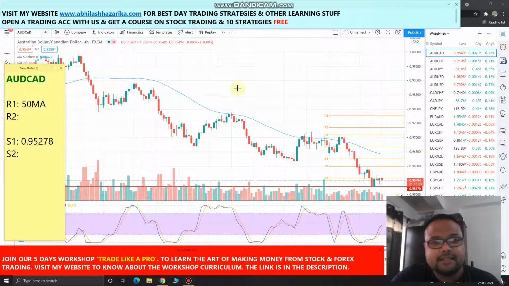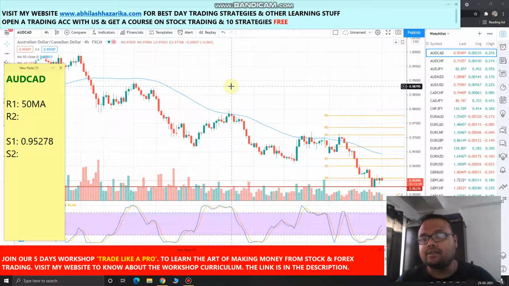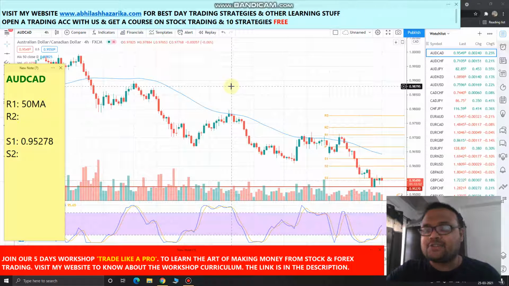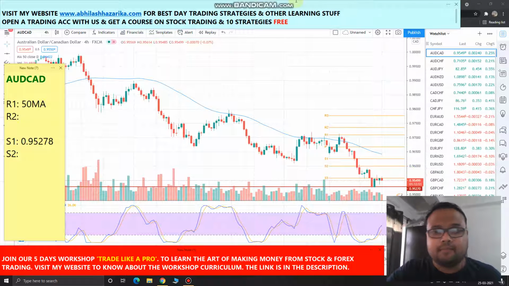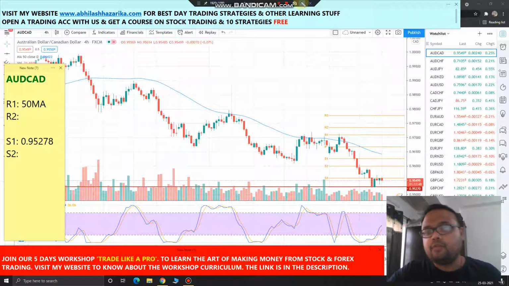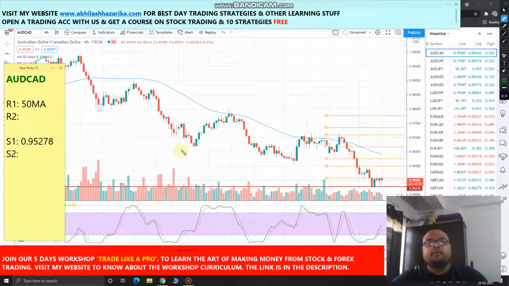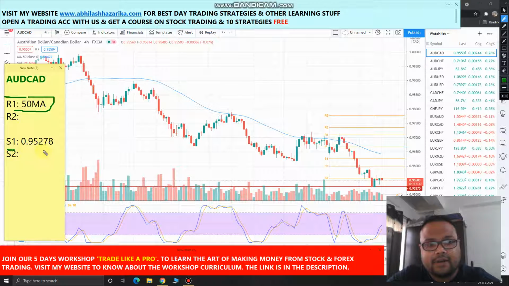So we can see that this is the chart of AUDCAD. Right now I'm using a 4 hours time frame, the standard 4 hours time frame, loved by all. Right now market is trading at 0.9549. This is the CMP, current market price. Let me take out the pencil. On the left hand side you can see that I have mentioned 50 moving average as R1. This is the resistance, and as support I have mentioned